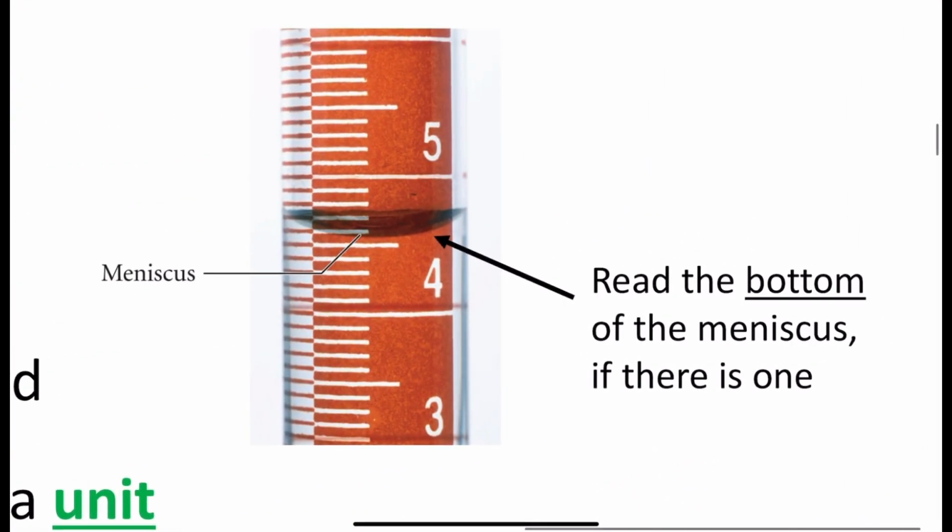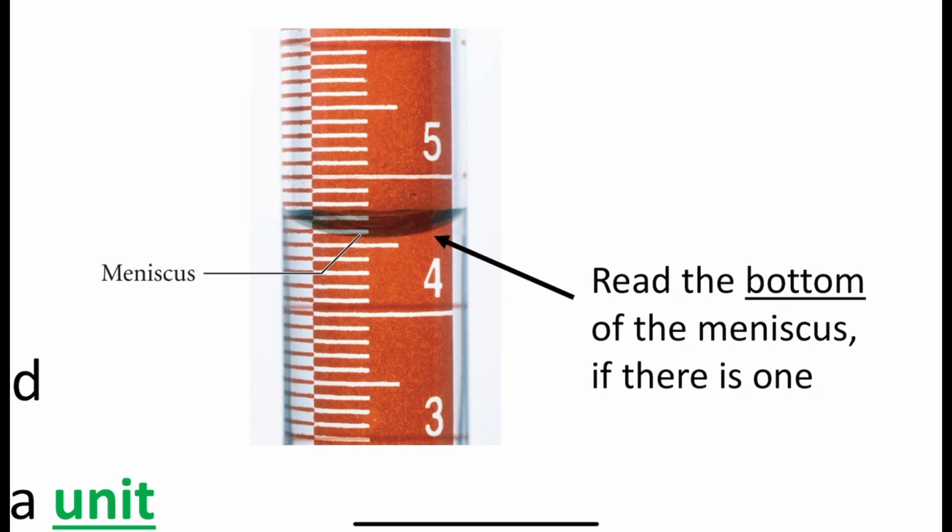When I look at this graduated cylinder, the first thing it does say is read the bottom of the meniscus if there is one. Okay? And that's fine. We're going to talk more about that in a future class later on in the semester of why this happens. But the liquid that's clearly higher up on the sides compared to the bottom of the meniscus here, it's an adhesive force. It's because it's very attracted to that cylinder. We can ignore that for now. What is important to know is that it's the bottom of the meniscus here that actually is our true reading